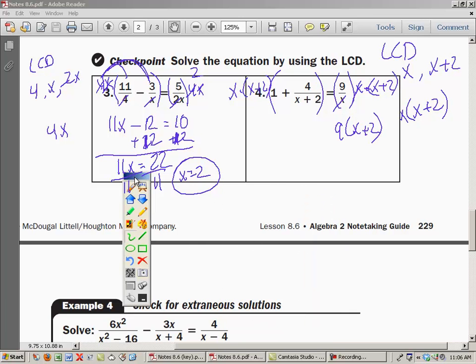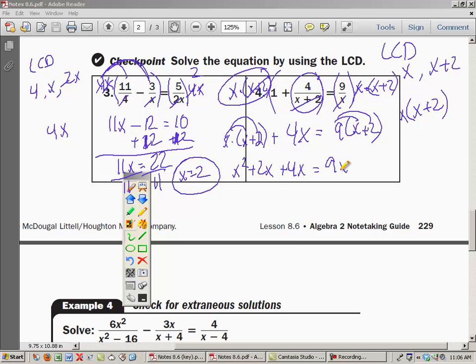All right? On the other side of this, when I multiply x times x plus 2 by 1, I get x times x plus 2. Plus, now when I multiply this by this term, the x plus 2 cancels with the x plus 2, and I'm left with x times 4, which is simply 4x. Now I've got some simplifying to do, so let's go ahead and distribute here. This becomes x squared plus 2x plus 4x is equal to, this is now 9x plus